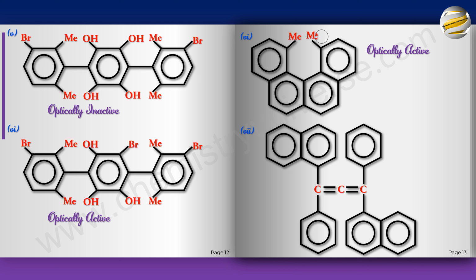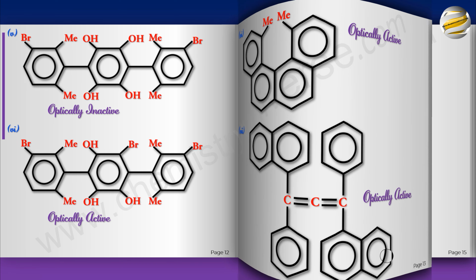Now the moment you see benzene rings, you have a tendency to look at biphenyl. But remember, it's an allene. It's basically an allene with an even number of double bonds, and the terminal carbons have different groups. This is different, this is different, this is different, this is different. And they are optically active. You don't have to bother about any biphenyl system here.